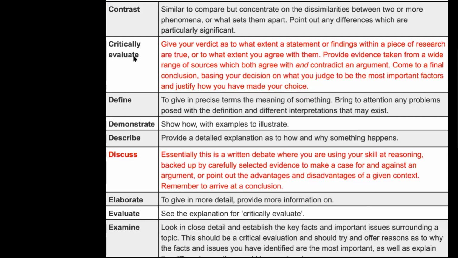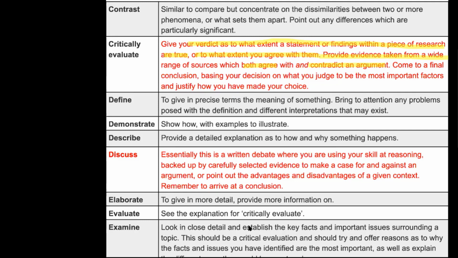Critically evaluate is: give your verdict as to what extent a statement or findings within a piece of research are true, or to what extent you agree with them. So you're asked to critically evaluate something. Provide evidence that both agrees and contradicts an argument. Come to a final verdict. But my shorthand for this